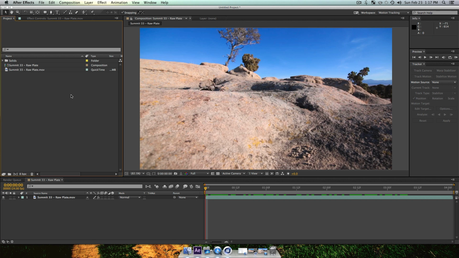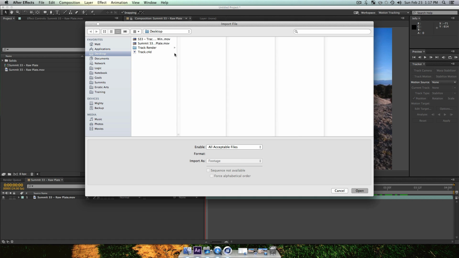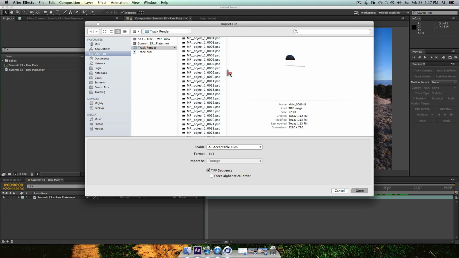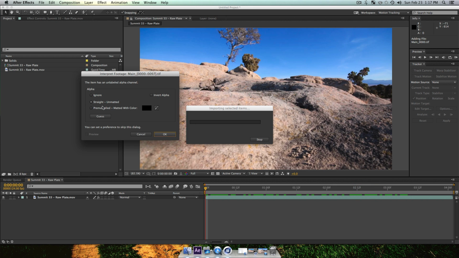And now what we're going to want to do is do Command I to import footage. Let's go into our track render and just select our main. Now, as you can see, my option is going to pop up automatically to import as footage, and a TIFF sequence is what you want. And that means all the different objects with a corresponding name and just a different number are going to be imported together. So let's say open. And I'm going to import it as straight unmatted. And I'm going to click,